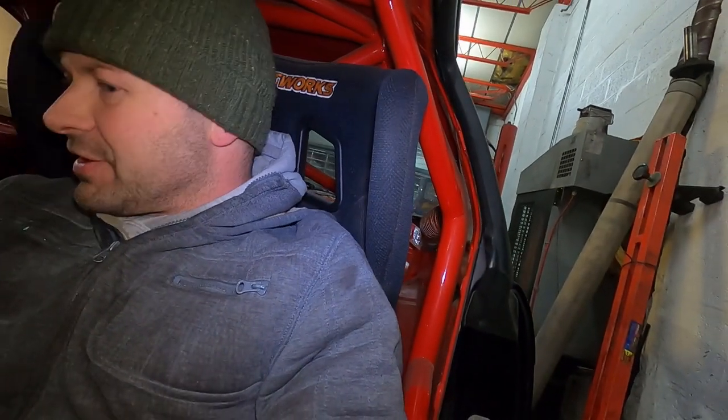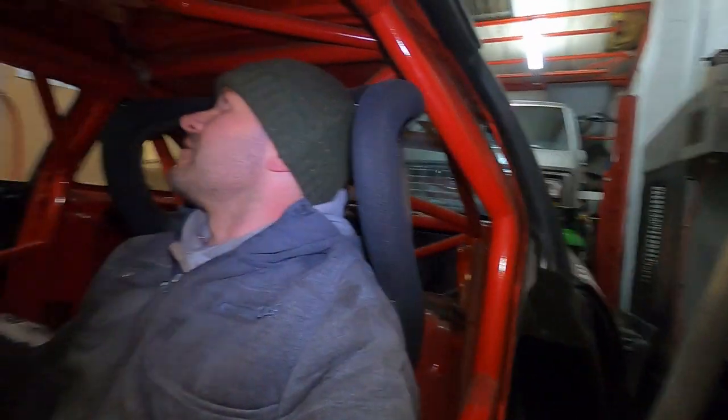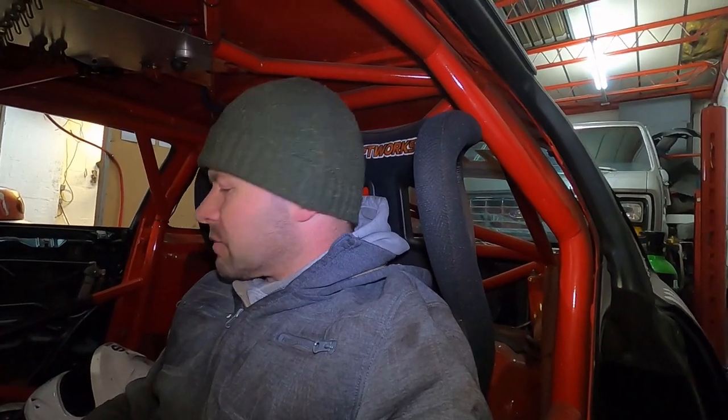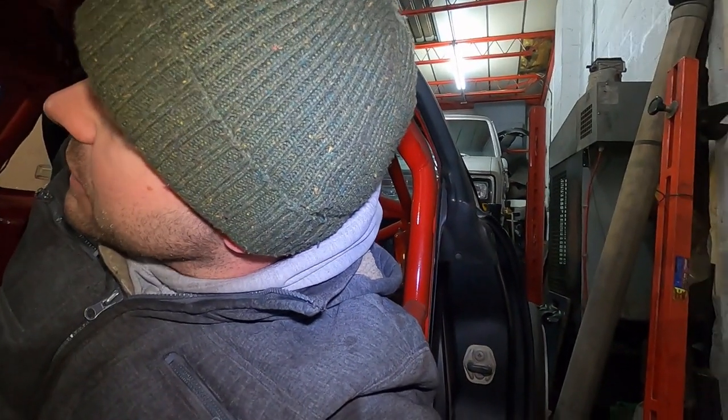Finally! She's alive! Turn off because I have no cooling. Fuel pump off. Oh, smells good. Burning rubber. Now, bear in mind, this is not a full burnout because obviously the car is jacked